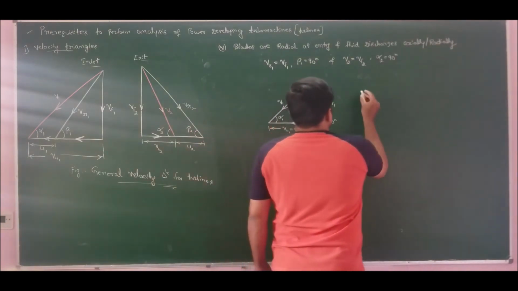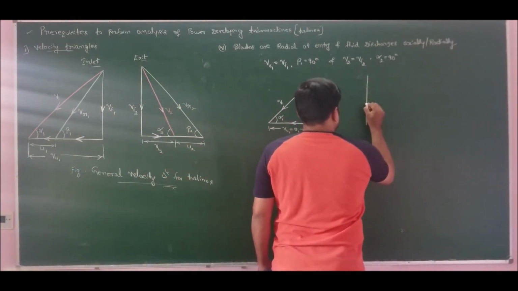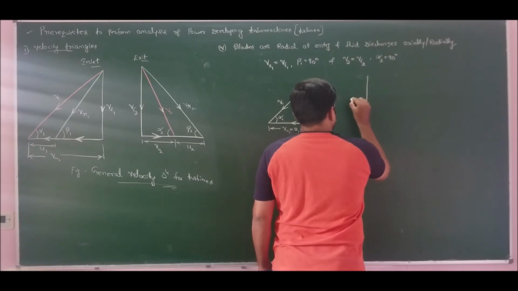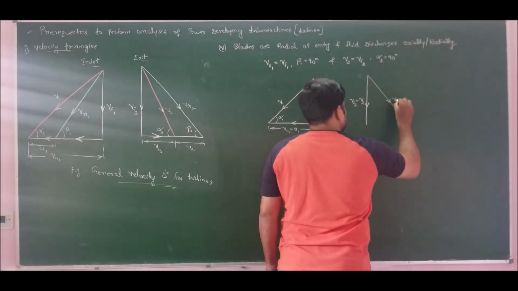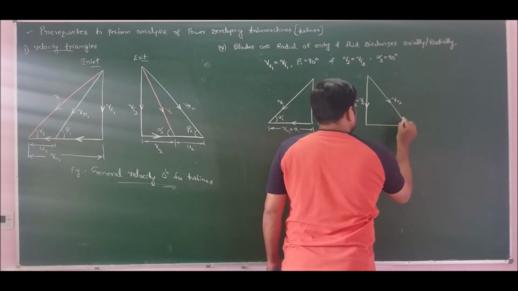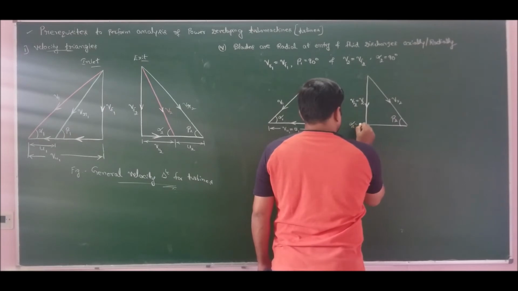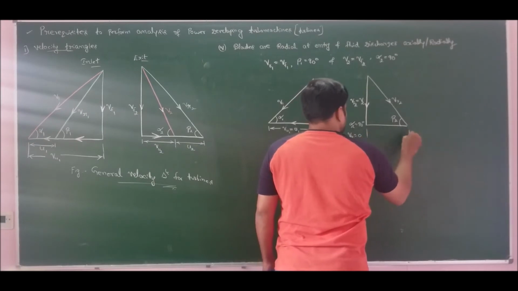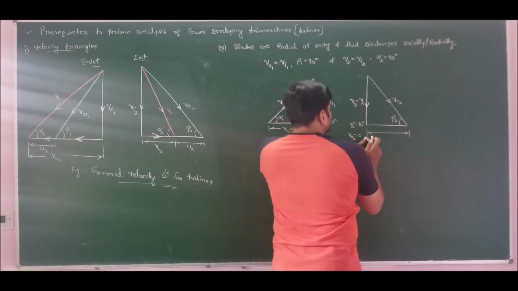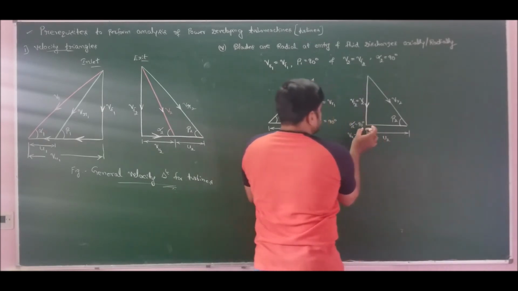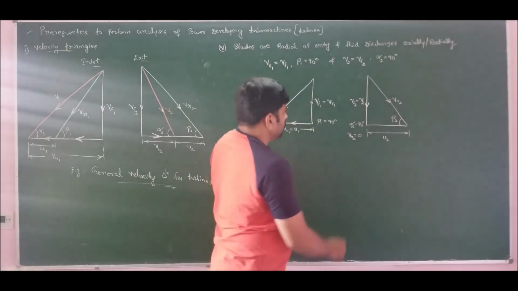And also at exit, the fluid is discharging axially or radially, so therefore VF2 is equal to V2. I have left out VR2. So joining the base, the angle made by the relative velocity is beta 2 at exit. So here alpha 2 is 90 degrees. So therefore VU2 should be equal to 0. If I mark the base here, absolute to relative is U2. There is no distance between V2 and VF2, therefore VU2 should become 0.